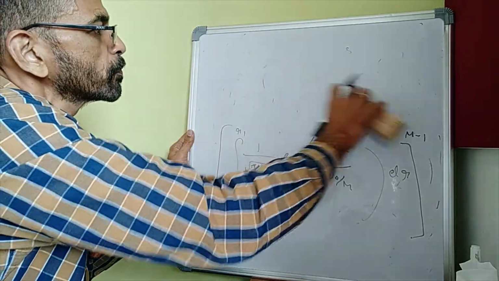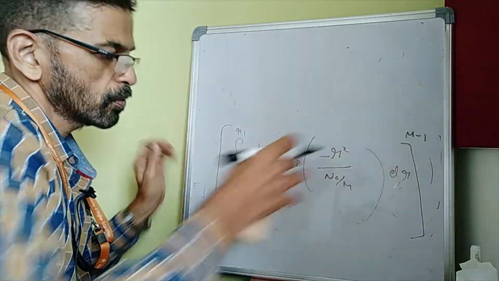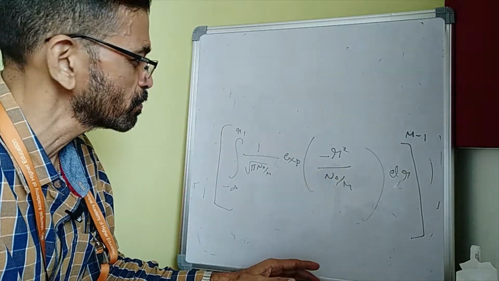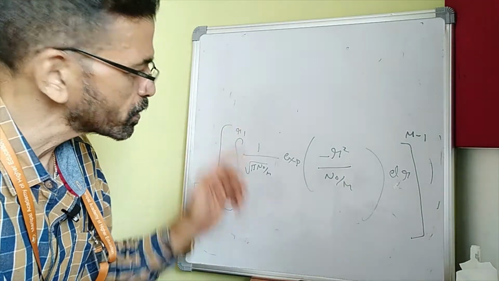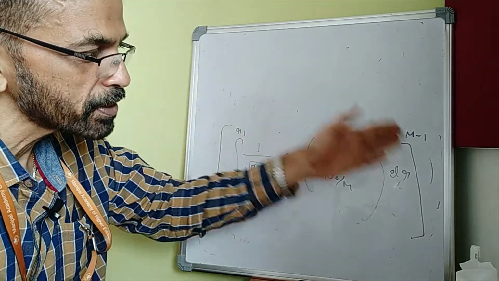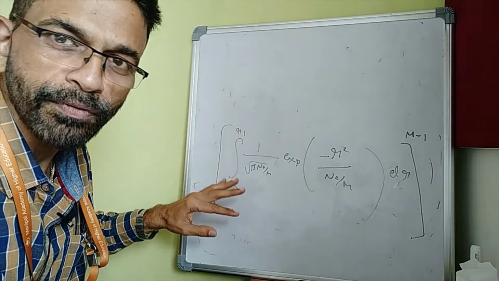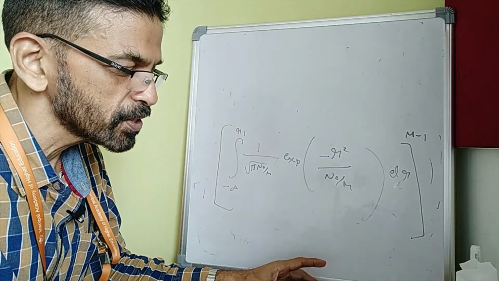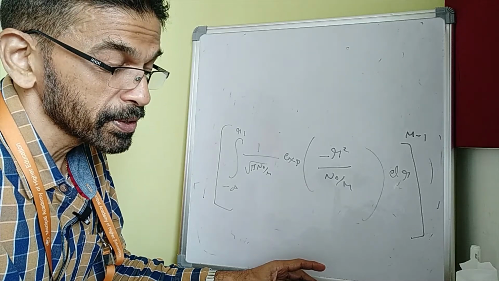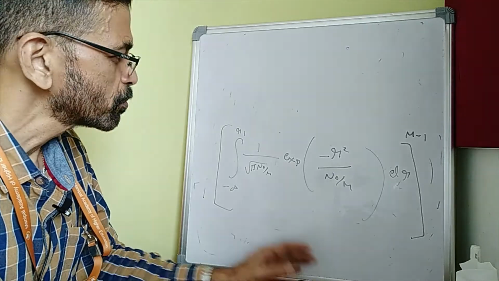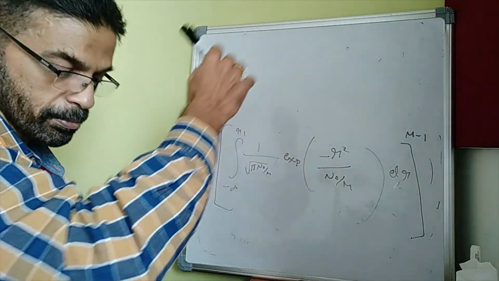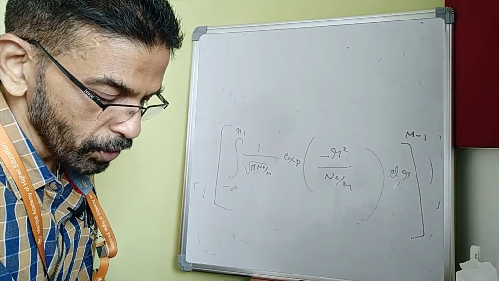Now to find out, so this is the probability of correct reception of the symbol S0 when R1 is taken at a particular value. Now we have to average this out over all possible values of R1 to get the probability of symbol S0 being detected, or the signal S0T being detected correctly, because this is only for a specific value of R1,